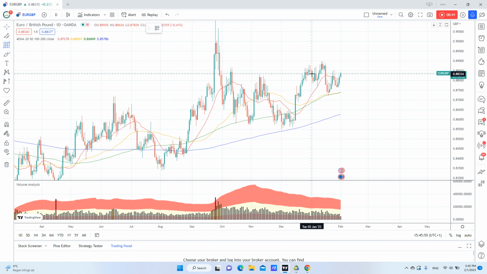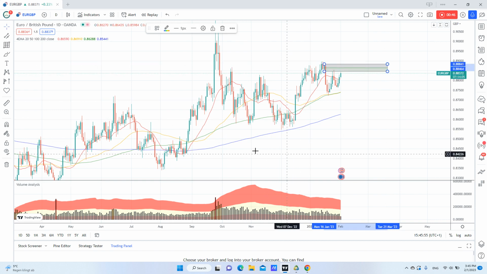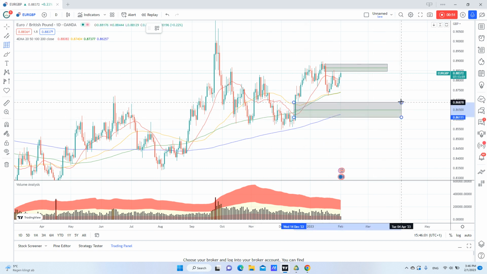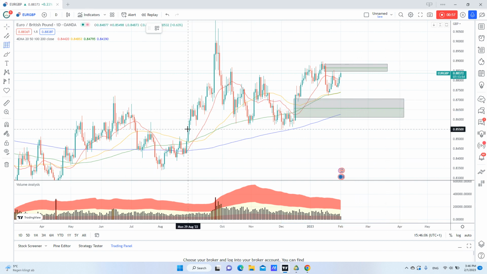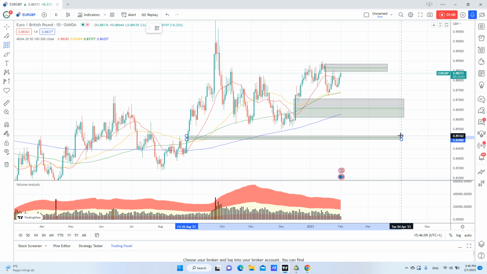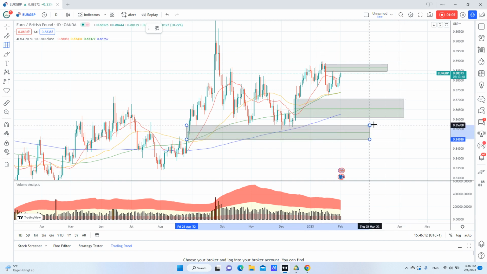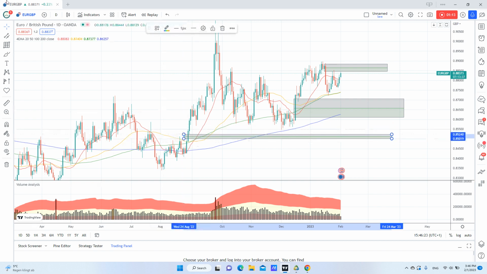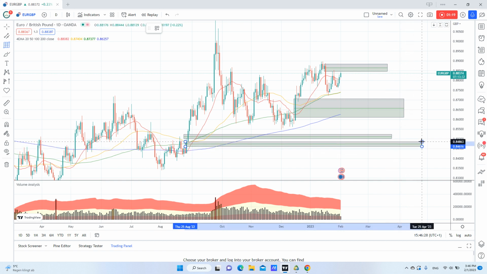We will mark our supply, this candle here, and we will mark our gaps. These are on the daily chart. Here is a very big gap that we want to fill, and also we have lower gaps here. I think this was already filled. This one is already filled. This one not yet. And also we have this gap here. These are daily gaps,